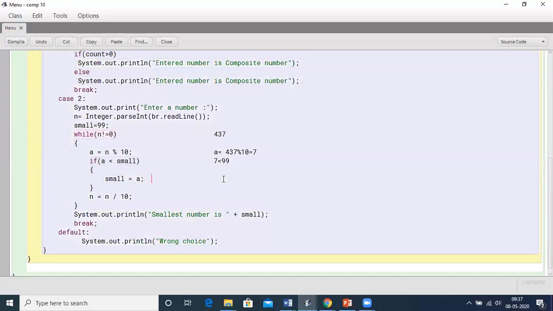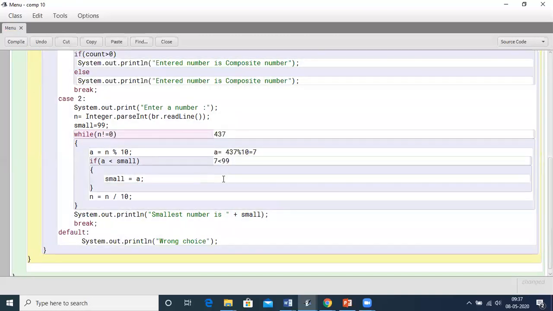So the value within small will be 7. After that we come out, n will now become 437 divided by 10. So n becomes 43.